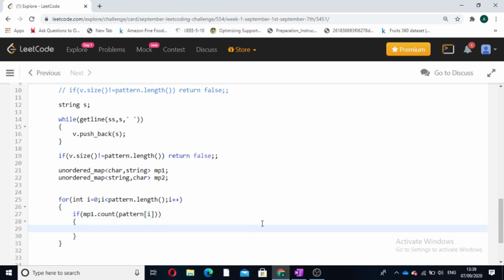If the character already exists in the hash map, we will check whether its value in the hash map is the same as the value of the current string.